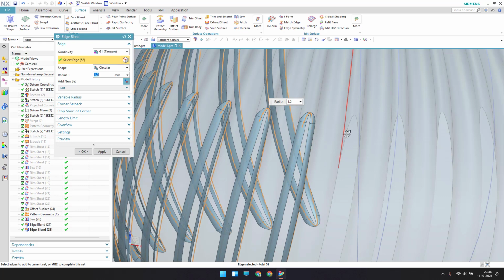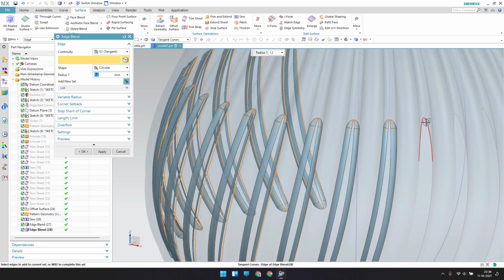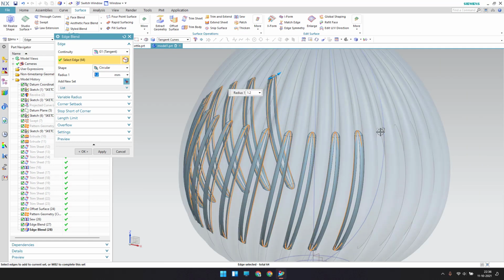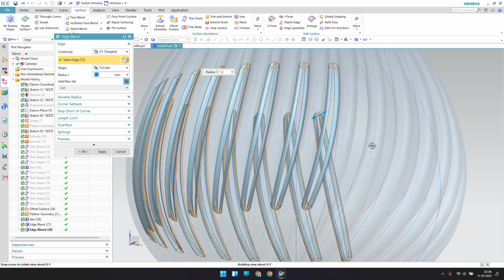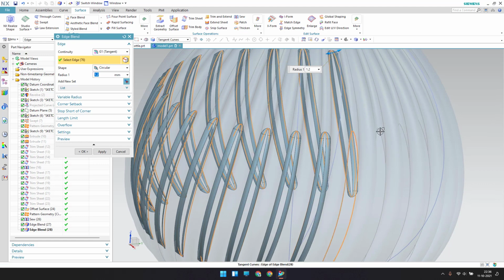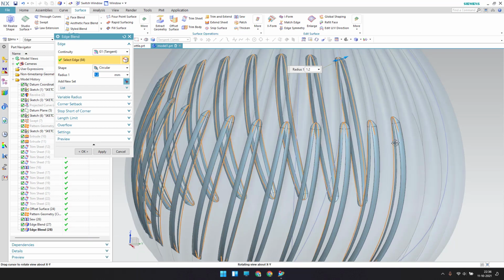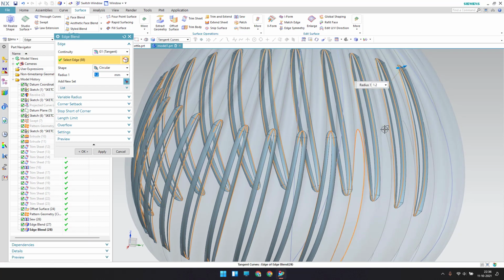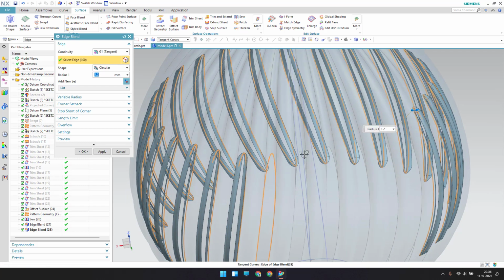Always make sure, whatever the filter we have, when you are selecting any curve, point, surface or any other bodies, always make sure what is selected in the filter. That filter makes a lot of difference in Unigraphics. I am not sure whether these filters are available in all other applications, but in NX it is very important. It looks very confusing while selecting these curves, but make sure you are selecting the proper curves.